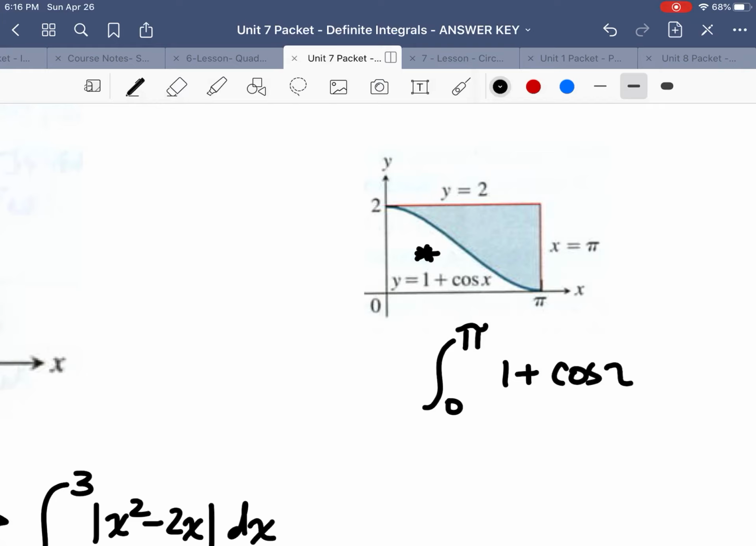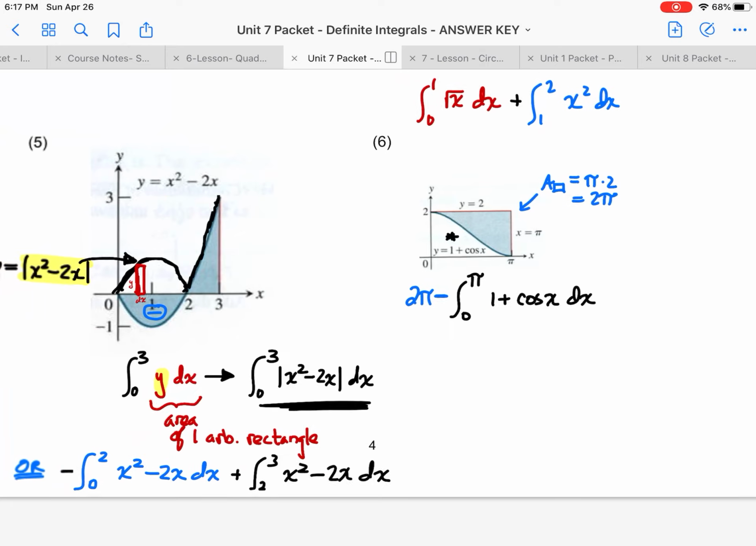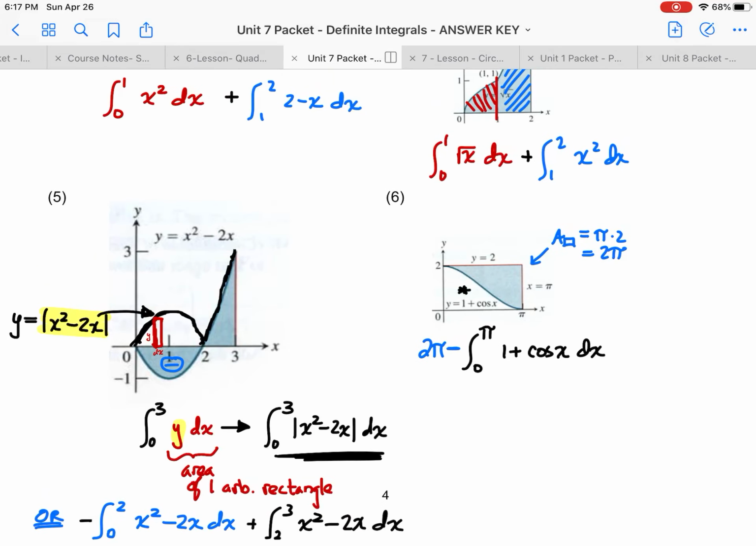On the interval of 0 to pi, I want the area under 1 plus cosine x dx. So that's that area of the non-shaded region. The area of this rectangle is base times height. The base has a length of pi. The height has a length of 2. So 2 pi. So 2 pi minus that integral, minus the thing